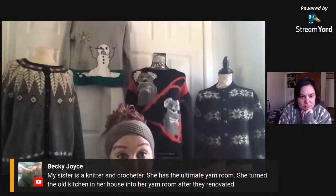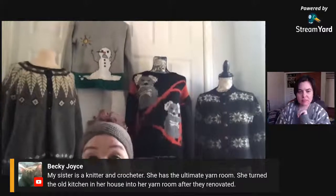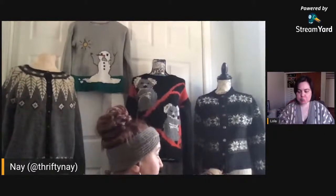So my mannequins are wearing: this one here is wearing a vintage sweater. The brand is Jantzen. Oops, I just hit something there. I didn't mean to hit that again. The brand is Jantzen. It is from, I believe, the 60s. It's gorgeous. It is wool. It is hand knitted. And I actually ended up getting this for free because, kind of a long story, but